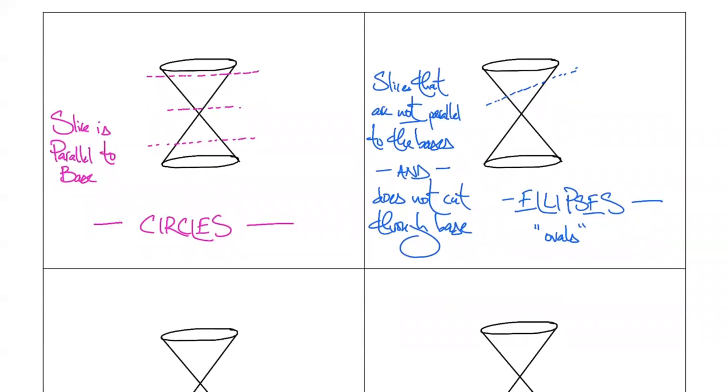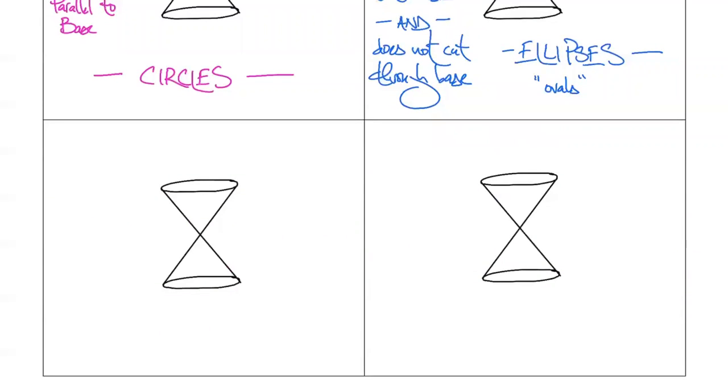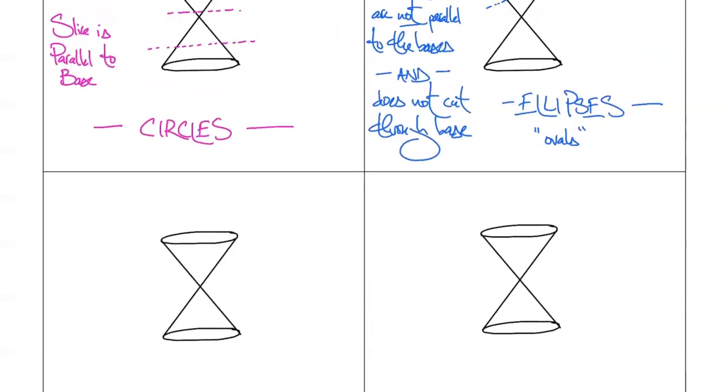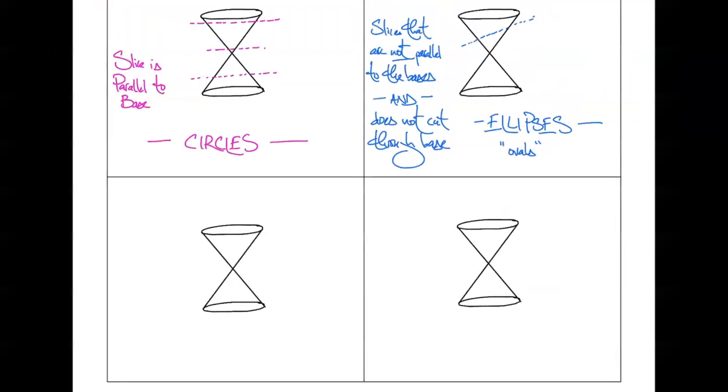Now, we're going to talk about those today. We're going to talk about how we graph them, and how we know from the equation that it's going to be an ellipse or a circle. But we are also going to talk about a few other conic sections, two more in fact, okay? And so we're going to be looking at ones where slices are not parallel to the bases